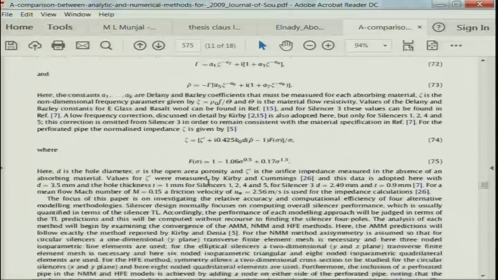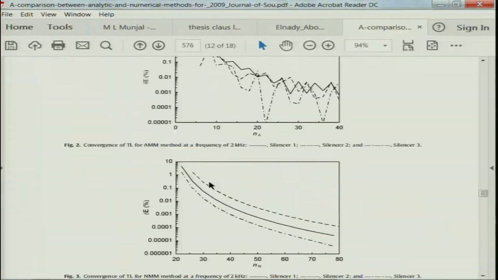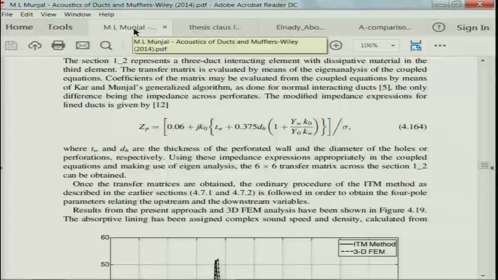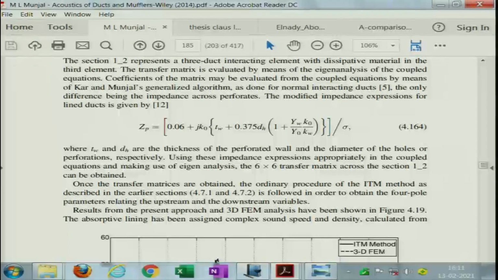The point is that based on the type of muffler configuration one is analyzing, a suitable perforate impedance can be found out and used. For our cases, since in this week and possibly in the next week we will be doing reactive mufflers without any dissipative material, we will probably use the expression given by Elnady. So, it is time now to get back to some muffler analysis using MATLAB and get back to the presentation.